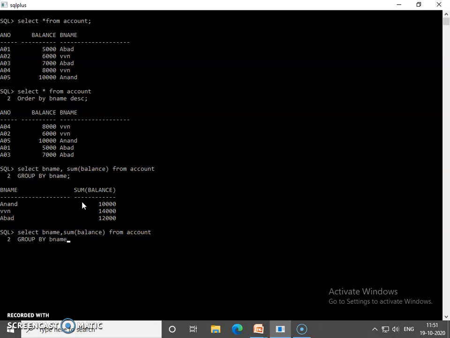Then pass your condition using the having clause. So having, my condition is bname is equal to BVN. Here I want to select only the BVN group. Enter. So see, only the BVN group is displayed. So this is the example of having clause.